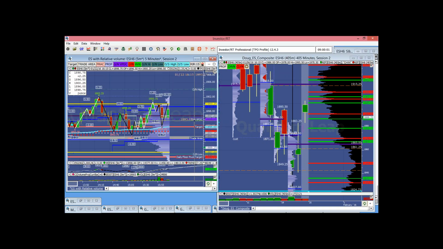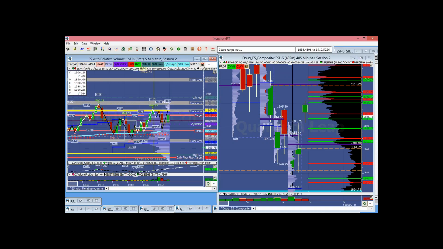And then look for continuation into the overnight VPOC if it doesn't shift at 1896, but more importantly to the naked VPOC. And then you've got the naked close at 98.75. And then, of course, the value area. I'm actually going to use 1900. If they get above 1900, then I'm going to be targeting for a breakout of the prior day range and the takeout of the overnight high, and then the